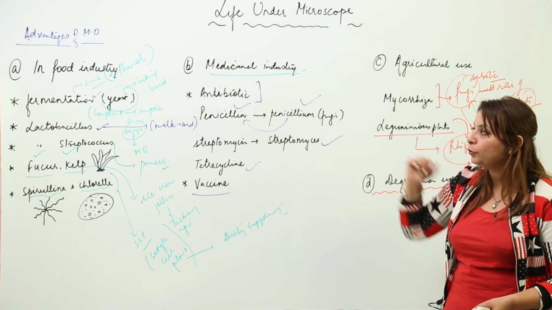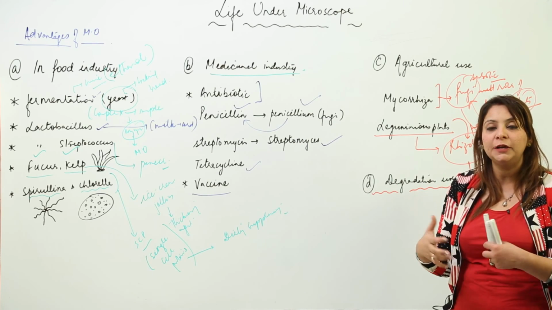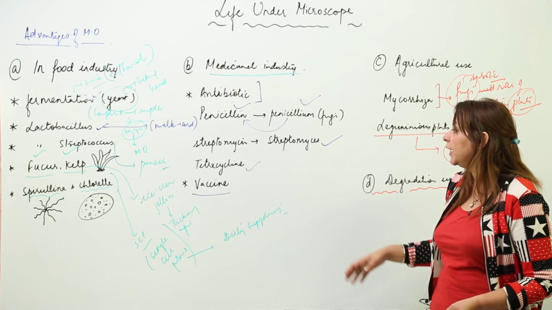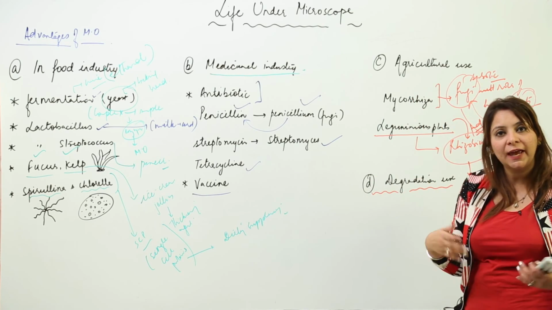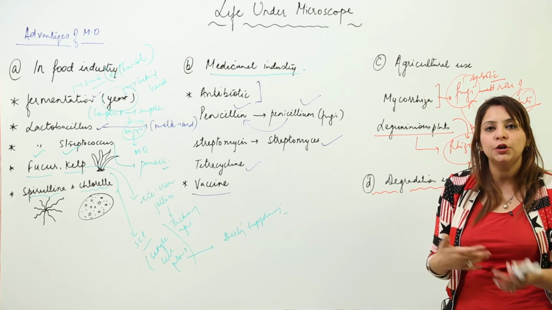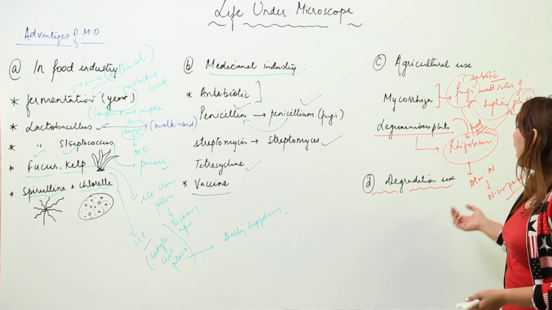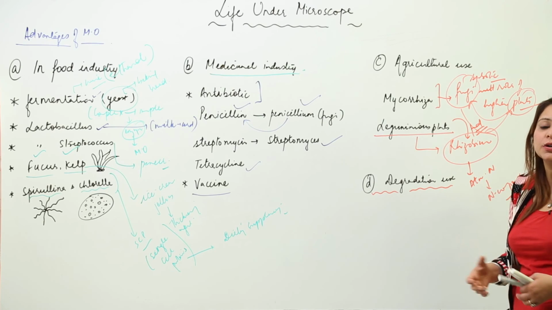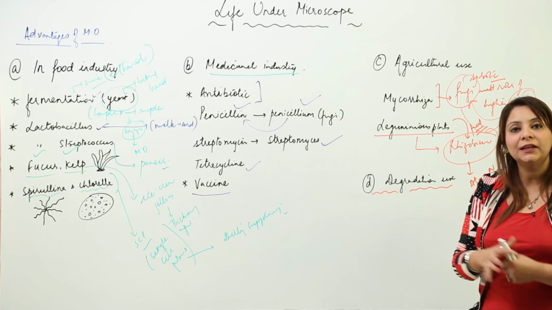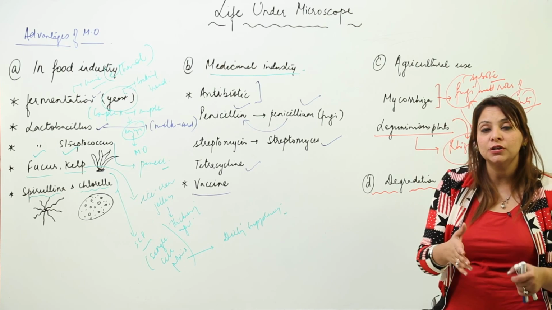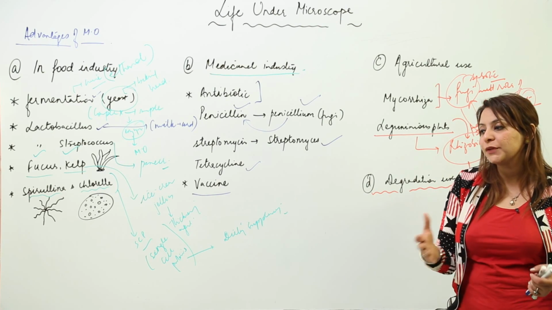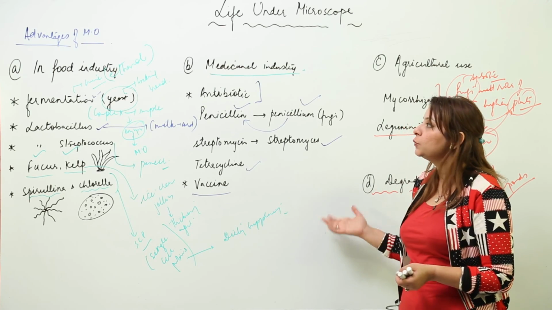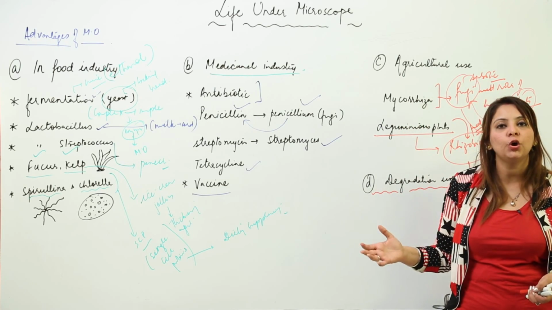They have been used in food industries, they are helpful in making many products. They are used in the medicinal industries, they are saving lives. They are used in the agricultural industries. Again, agriculture, you know that we are directly or indirectly dependent on it, and they also function in the degradation process. Here also, they are trying to recycle the nutrients. So that means it is also very important in order to maintain the nutrient content in the nutrient pool. So this is what the advantages of the microorganisms are.